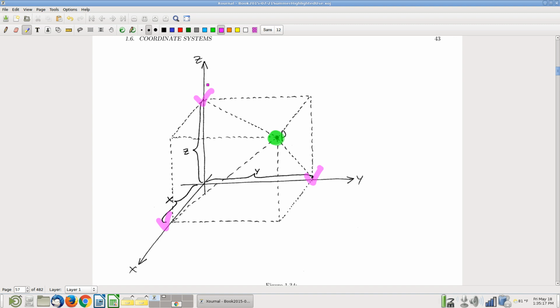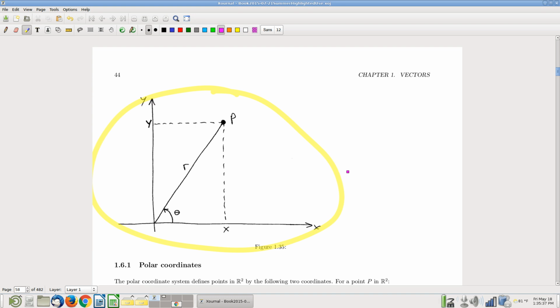So that's 3 numbers that tells you a location in 3-dimensional space. Well, it turns out this is not the only way to do that. It turns out there are other ways to use numbers to describe locations. And we're just going to talk about some of those other ones. Here's the first one. Given this point here, instead of looking at the x and y coordinates, I could instead look at